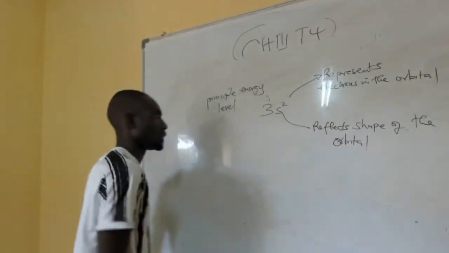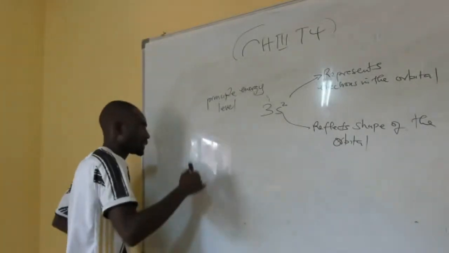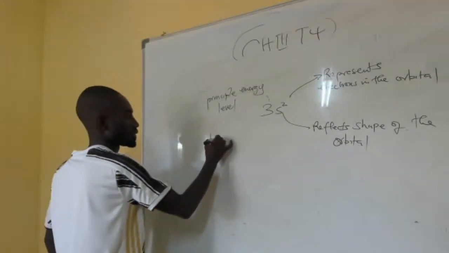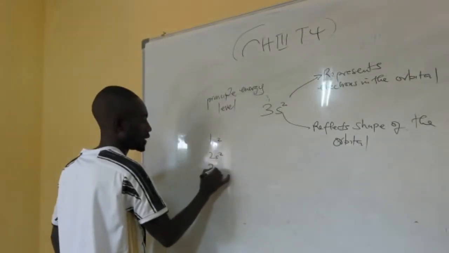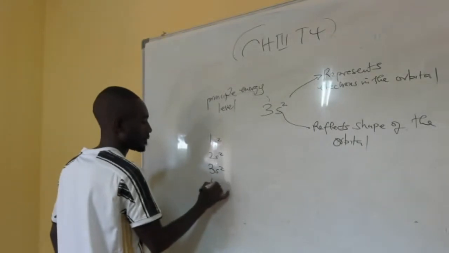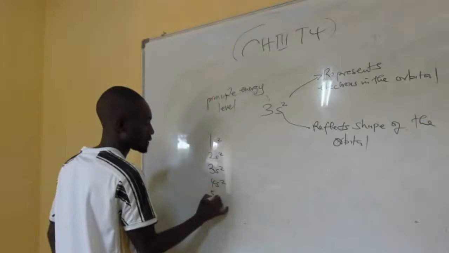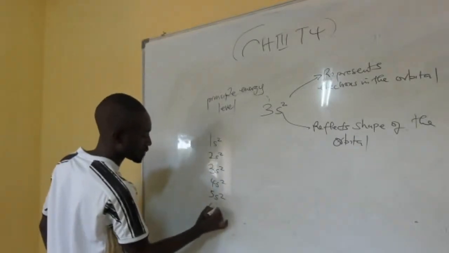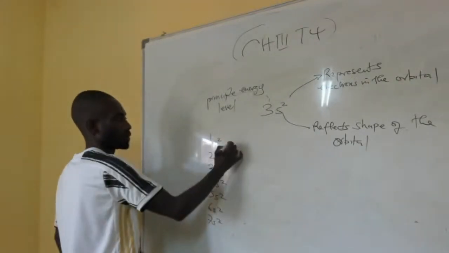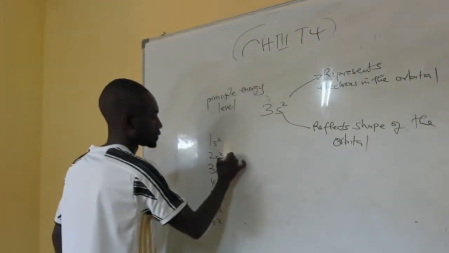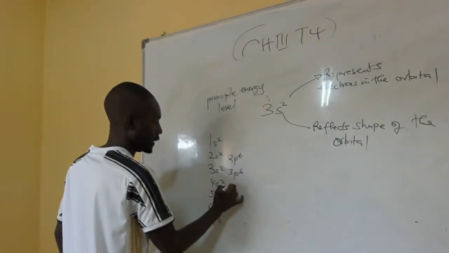So then the other thing is, people, at least you need to also understand this: 1s2, 2s2, 3s2, 4s2, 5s2, 6s2, 7s2. Then you have also 2p6, 3p6,